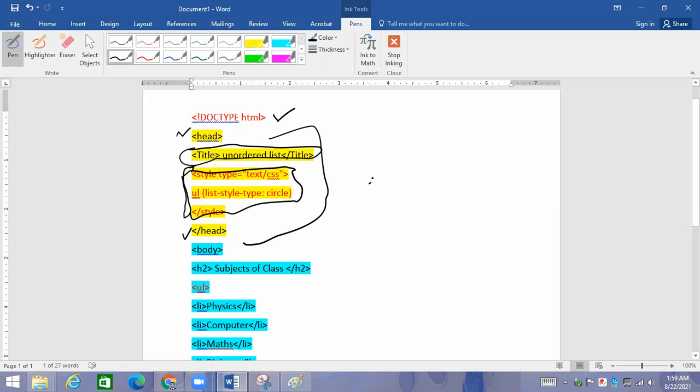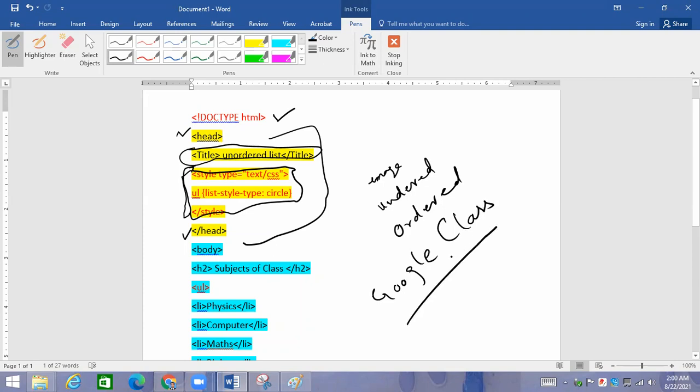So we have covered image list, we have covered unordered list, all types, like circle, image, unordered list. We have covered the ordered list, and we have seen the implementation. Join Google Classroom to note down the material. Google Classroom is very important for you people. You have to use Google Classroom to join your class, and then you will be able to download all this material. Can someone confirm that you are able to see the material?